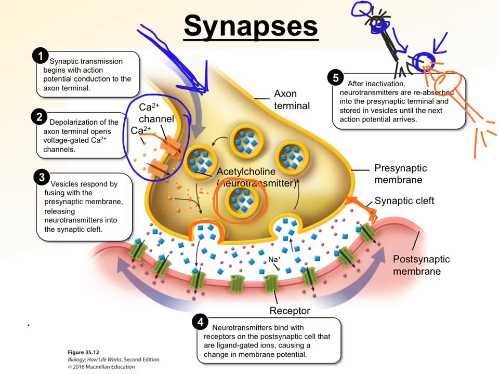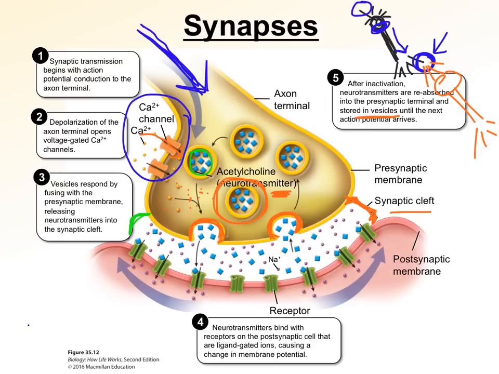And so these vesicles stored at the base of your axon terminal are called synaptic vesicles. These synaptic vesicles, which I'm sure is written somewhere here, store neurotransmitter. And when they fuse with the membrane, as shown here and here, all those neurotransmitters stored up in the vesicles get dumped into this space. So you can see all of these little blue squares, they're now exiting and they're in this synaptic